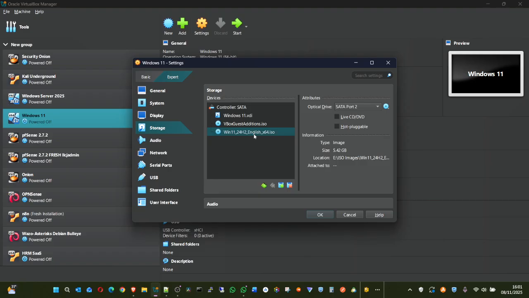But this is the ISO image that was downloaded. You say it's a CD. You can see right here. Just click OK, but I'm not going to do that. That is how for you to correct that error. But if you are still having that error, just reach out to me after this class. We'll be able to take it. We won't be able to do that right here, right now, because of our time. You understand that?